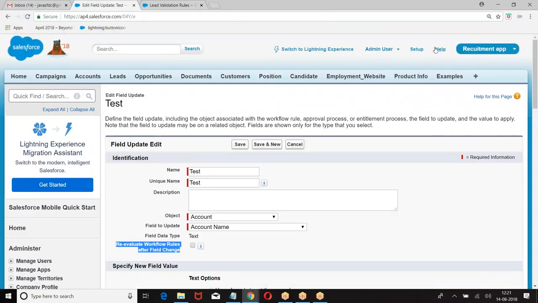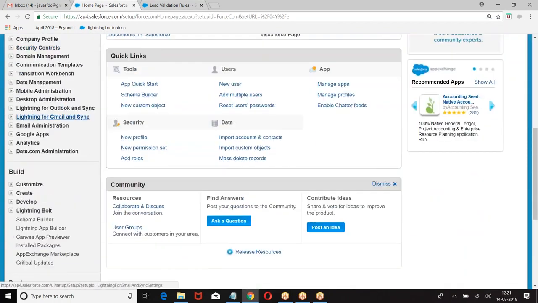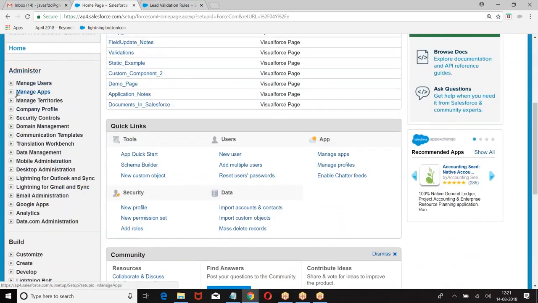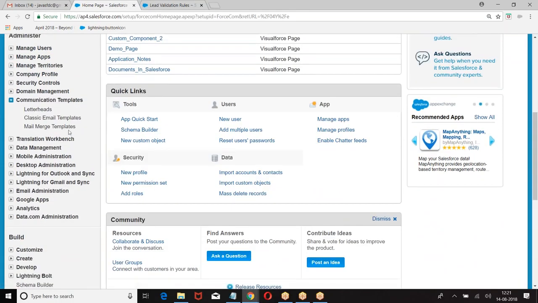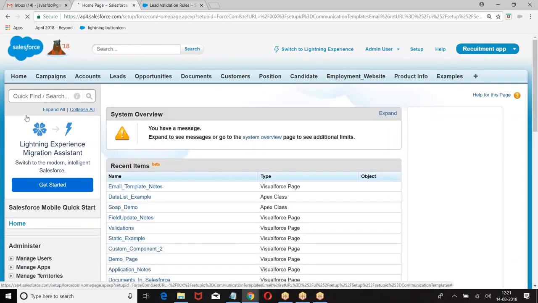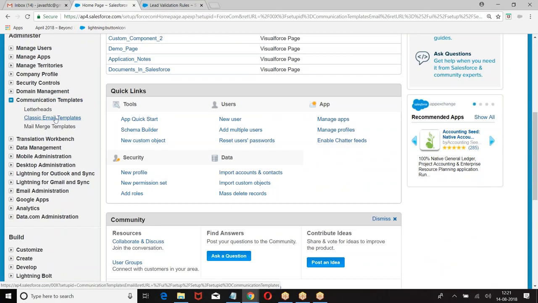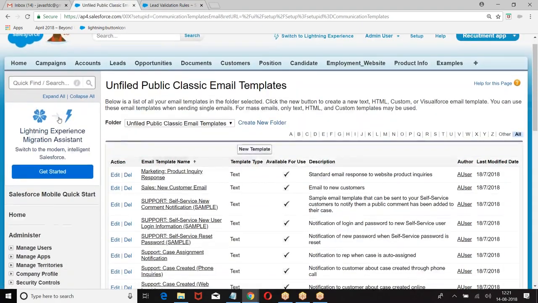Look at the format, everyone. Setup, administer, then communication templates, then we have email templates. Setup, communication templates, email templates.